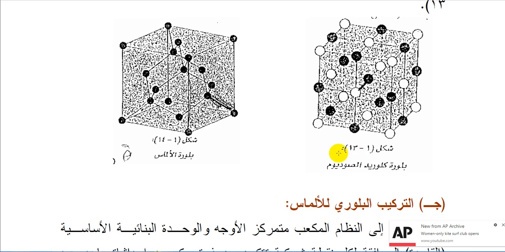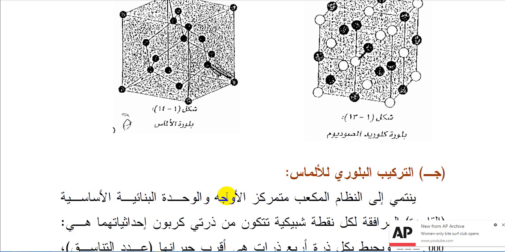Here you can see 1.13, and 1.14 is the diamond crystal. يعني هنا بلورة الماس تختلف اختلافا كليا, بلورة مستقلة بحد ذاتها, بلورة نوعية. The diamond crystal is actually pretty much specific, يعني بلورة الماس بلورة نوعية أو فريدة كما ترون أمامكم. ليست فريدة وإنما نوعية, specific as certain crystals.